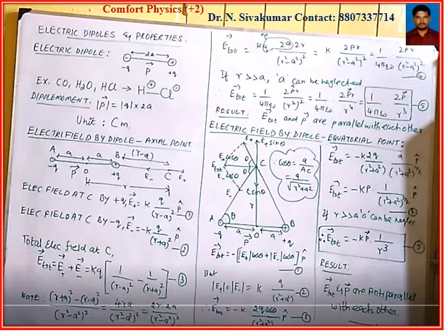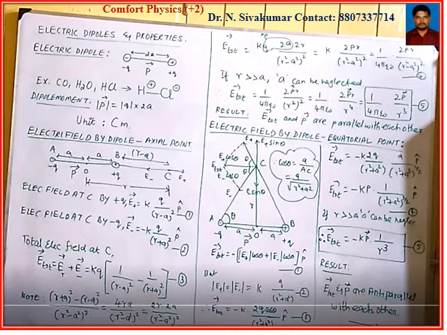So, as we discussed earlier, the electric field at point C due to these two charges is only due to the cos theta component. Therefore, E total is equal to minus magnitude of E plus cos theta, magnitude of E minus cos theta, p cap. This negative sign shows that the total electric field is opposite to dipole moment direction. Here dipole moment direction is AB, but the total electric field direction is from BA, that is quite opposite.